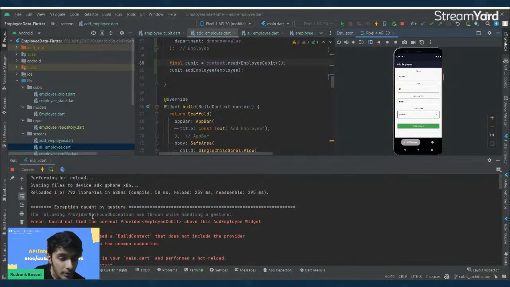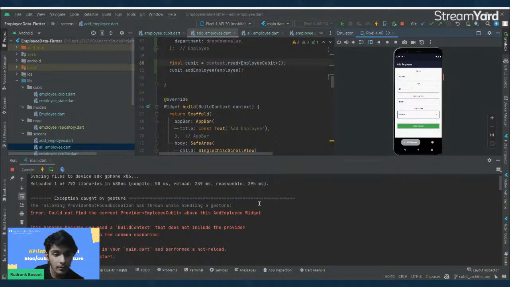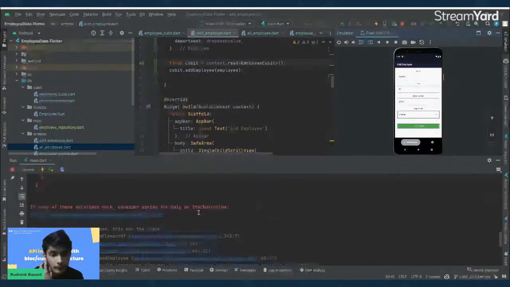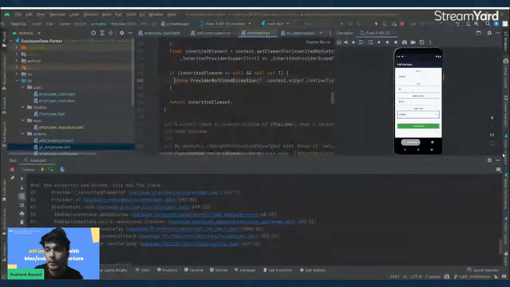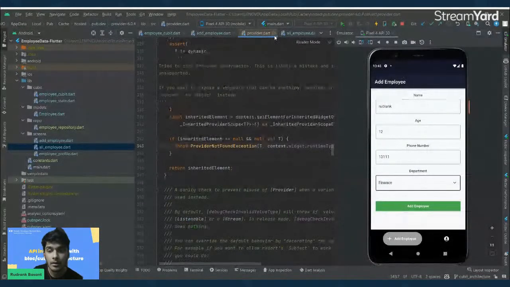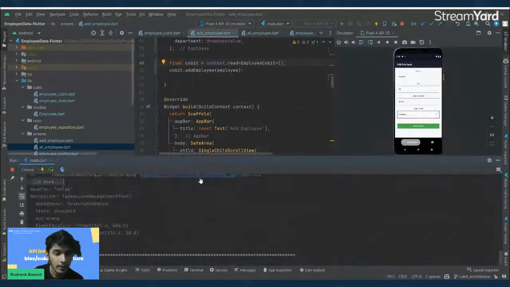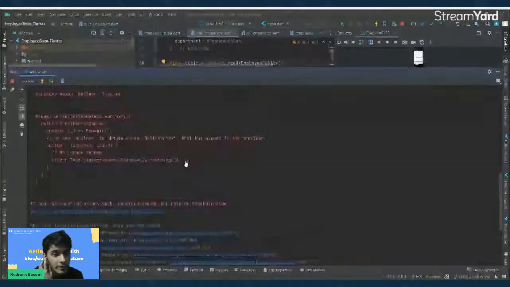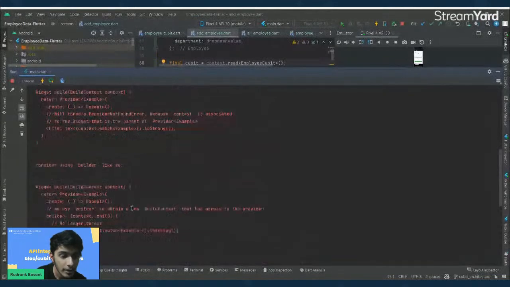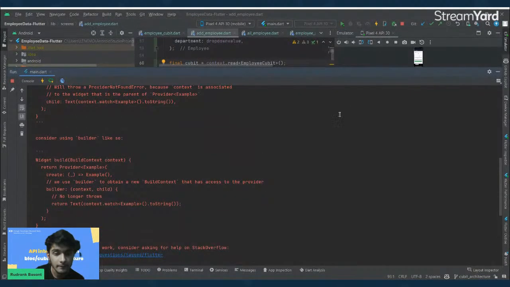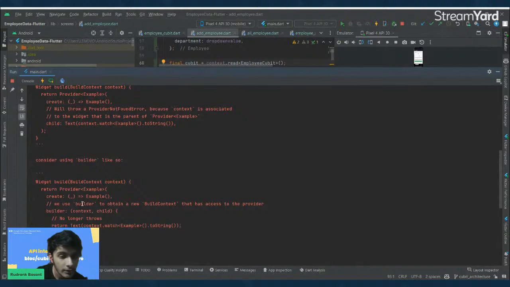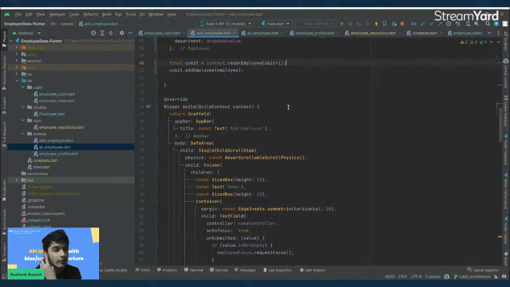We have some other error control. Okay, understood. So the error is that in this file we have mentioned the wrong syntax right here. As you can see, we need to build a... Yeah, so the one thing we have not done is in the main.dart